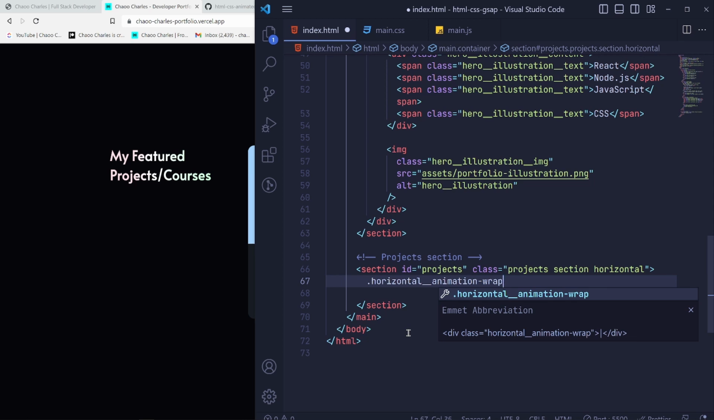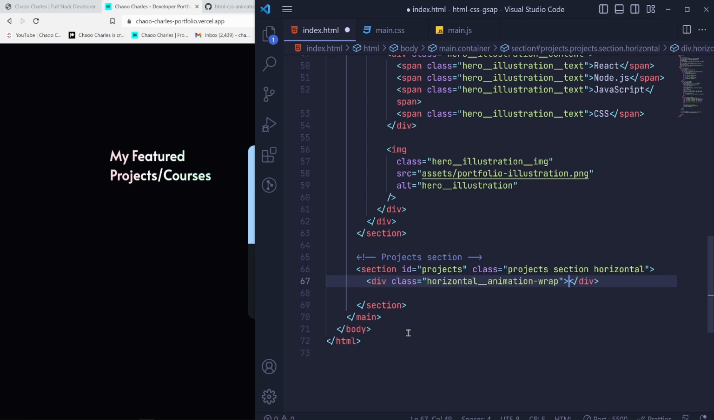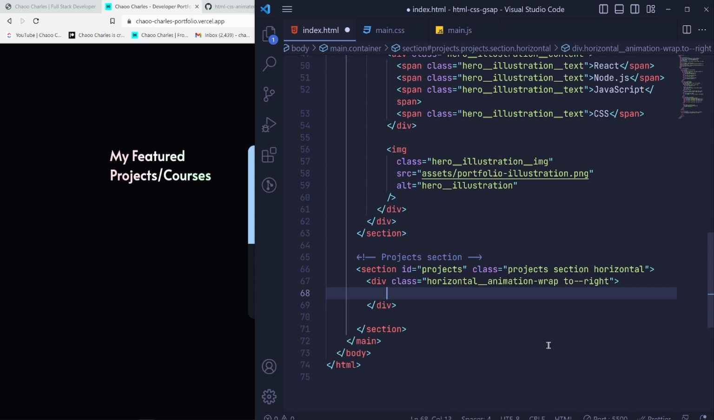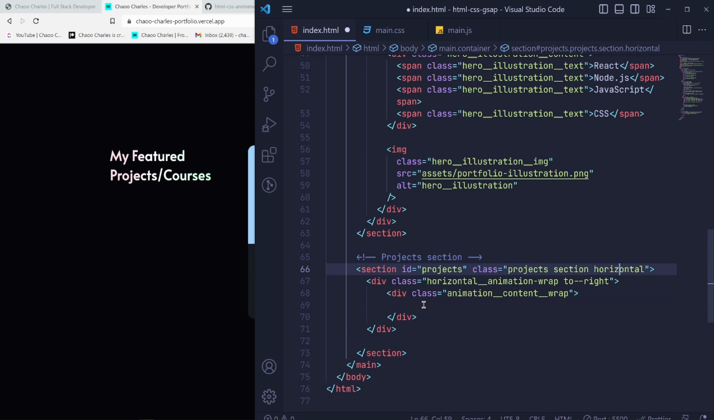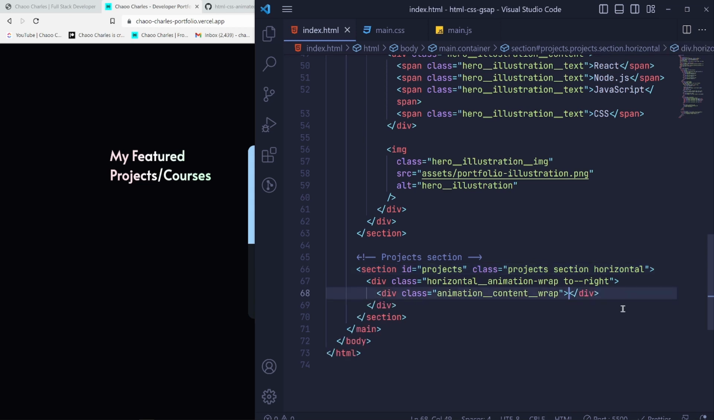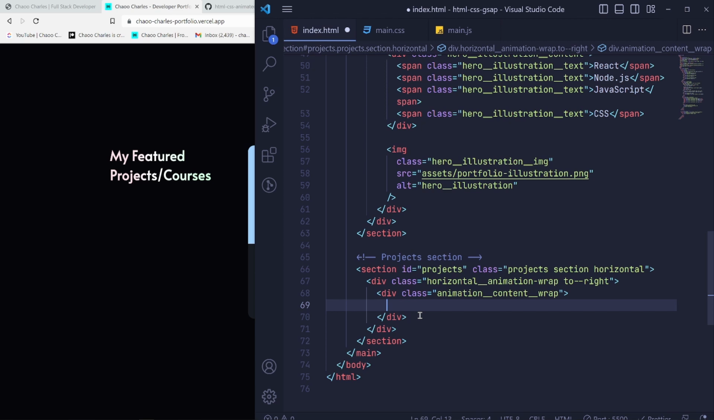So we'll use this with GSAP, and we'll use this with GSAP as well. So this wrap is basically for the GSAP horizontal scroll. Okay, then in here, after the wrap, we'll have another one. We'll call it animation content wrap, and in here I'll have H2,